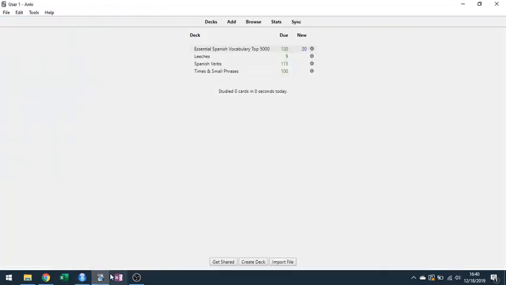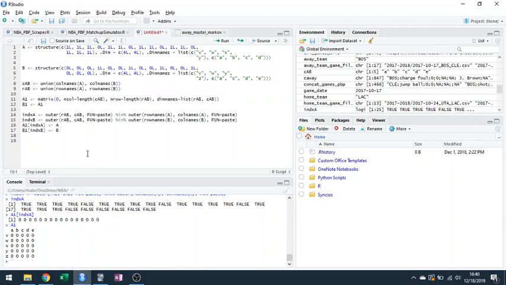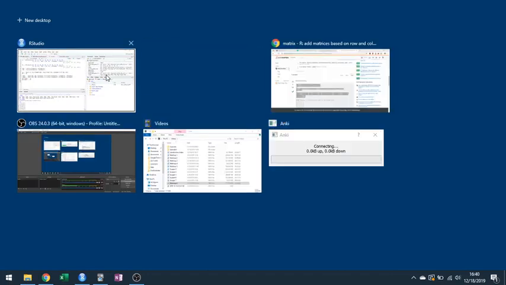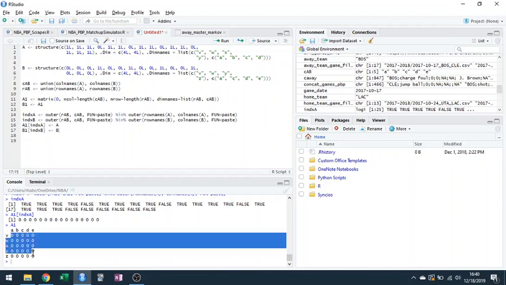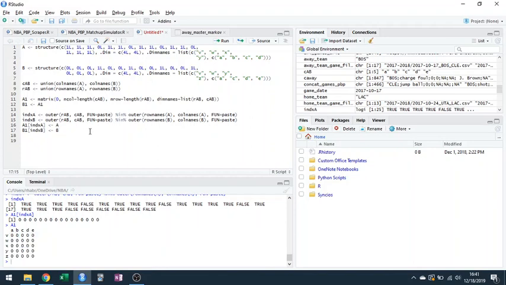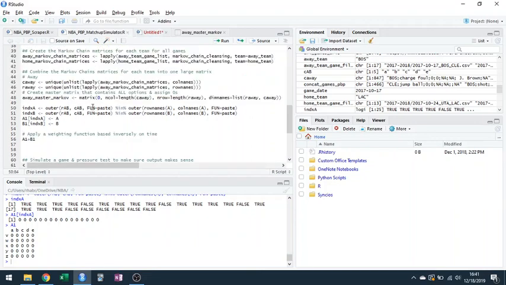Oops. Oh, gosh. It looks like this is basically a vector that corresponds to the vector, or the matrix here. What we want to do